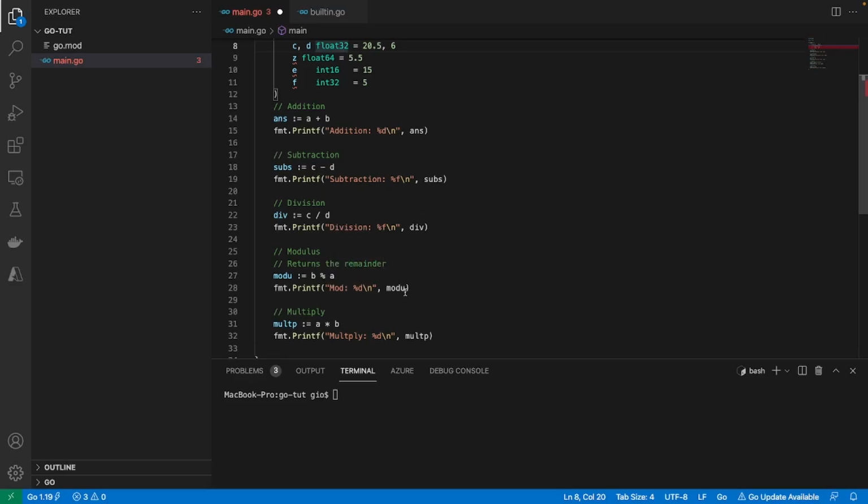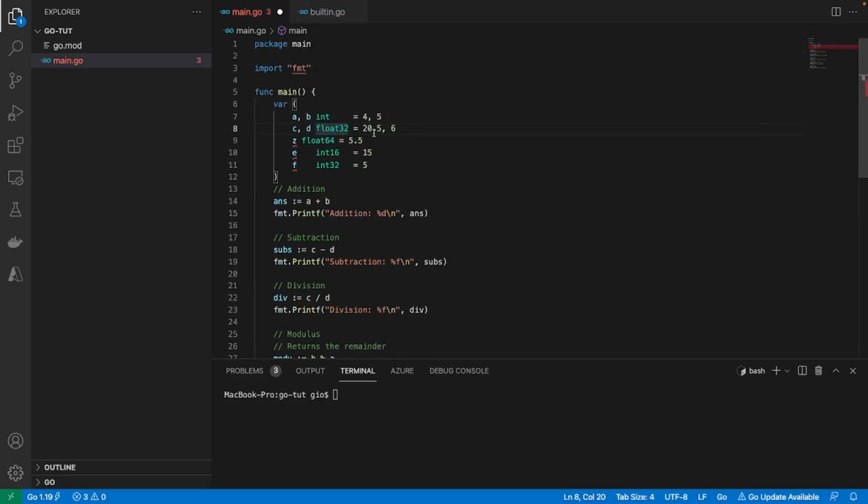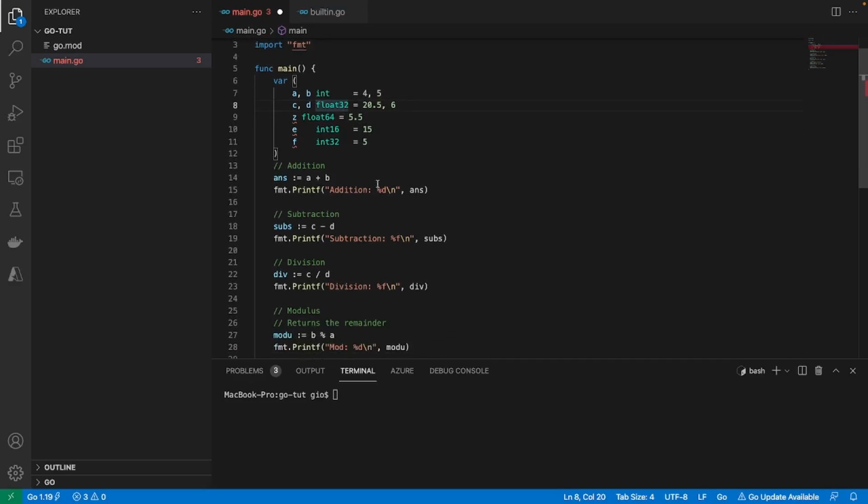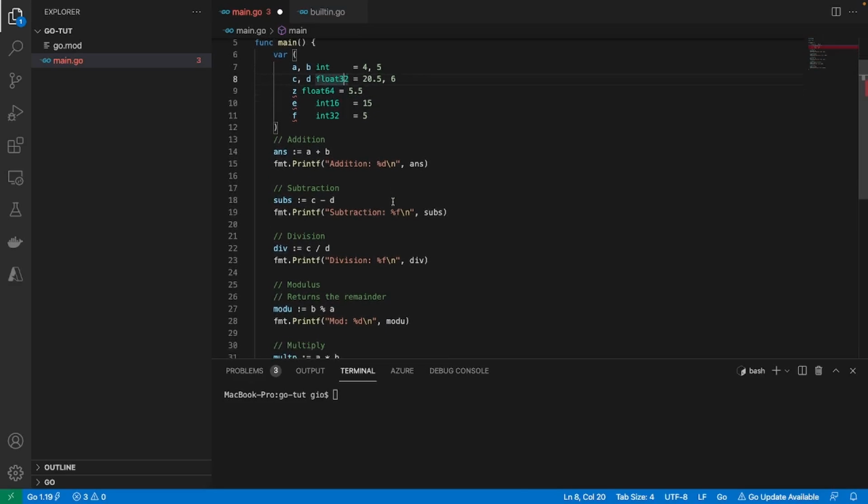So that will be returned. If we were to use another number, like 15 and 5, 5 can go into 15 three times. There would not be a remainder, because 15 minus 15 is 0. There is no remainder. So if you ever need a remainder, or a check for remainder,